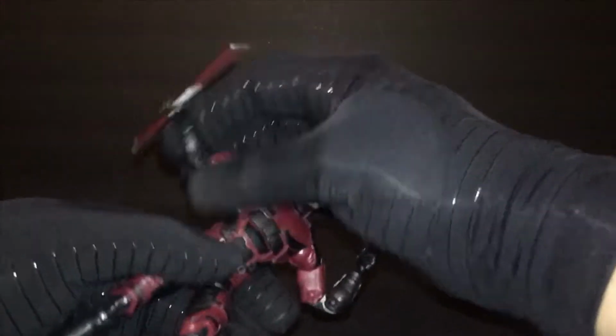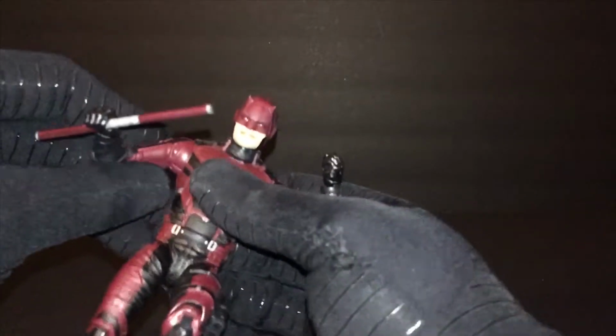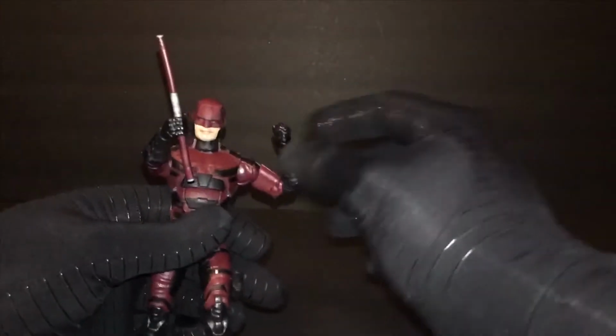Now, you could do it just like this. But I suggest that the more practical would be the way he held it in the show, which was like this. Move the joint up, move the ball in. So right here we want to turn this so that we can get the ball in like that. That's what I'm saying. Do you see how much